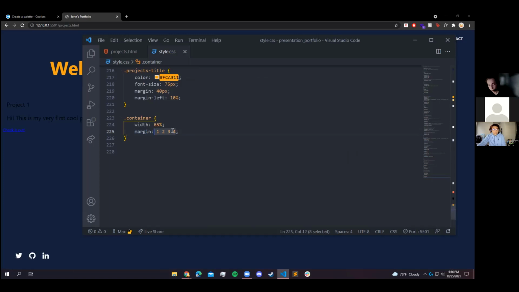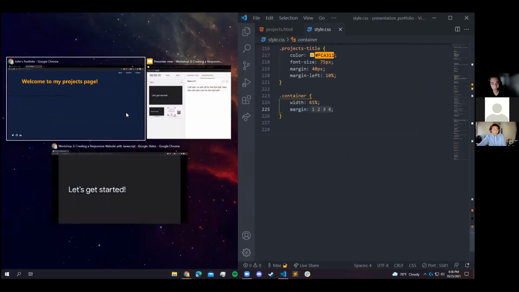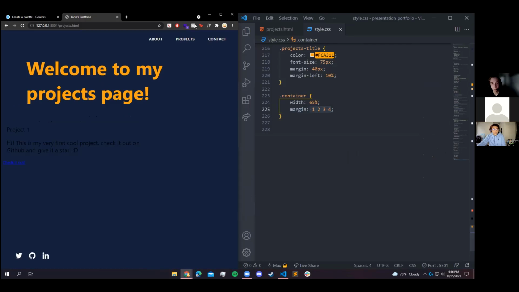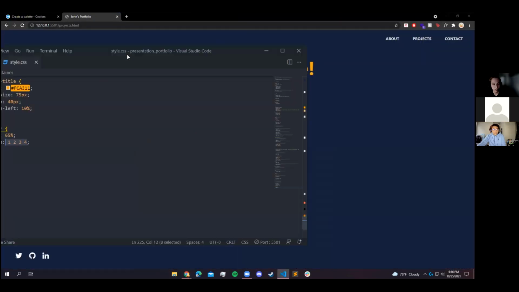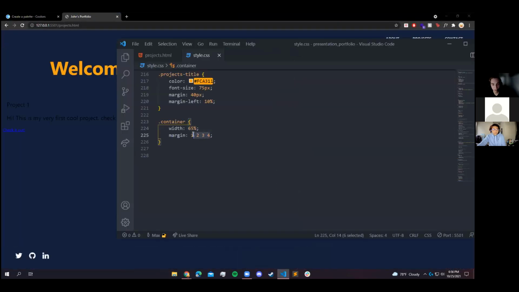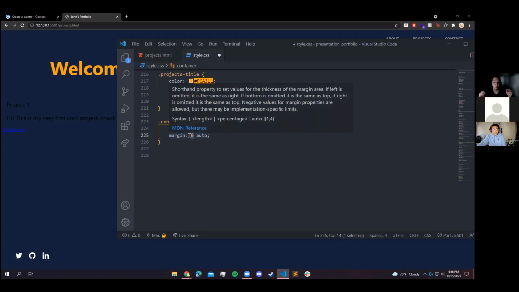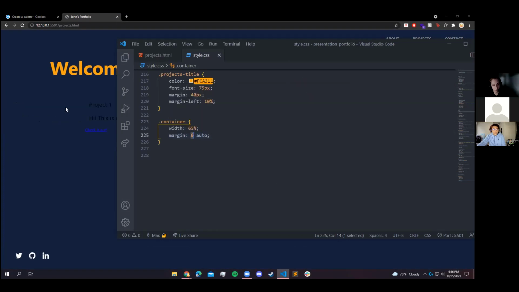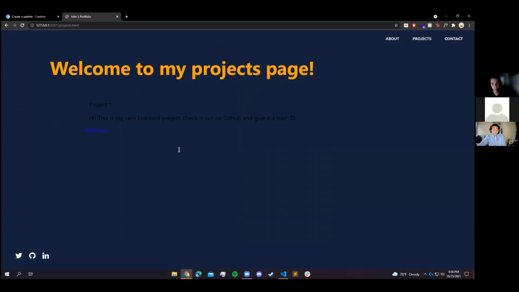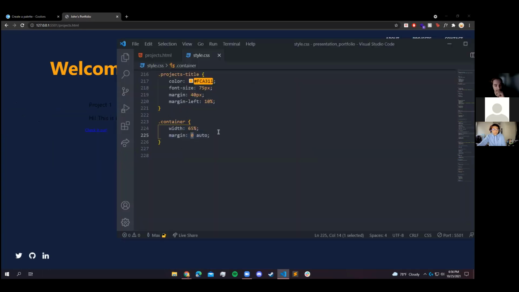We can also do the same thing, but with two values. If I say just margin 0 auto, this means that on the top and the bottom we want to have 0 margin, but on the sides, the left and the right, we want to have a margin of auto. So this is going to centralize the container for us, although we can't really see it. So to do that, I'm going to give it real quick